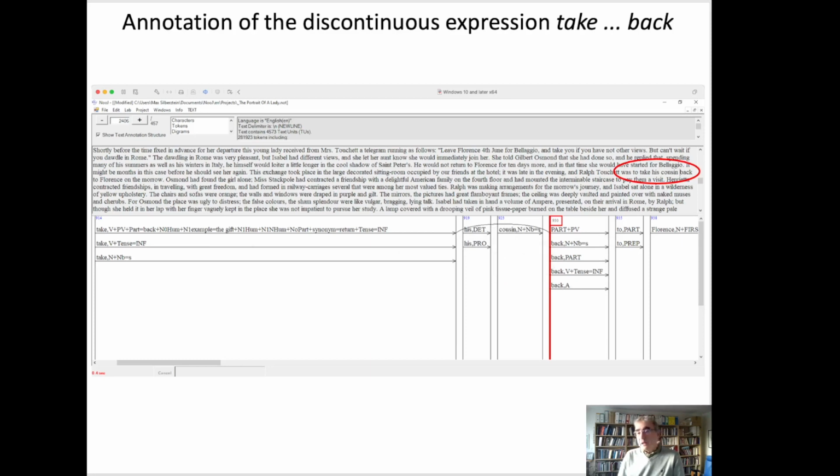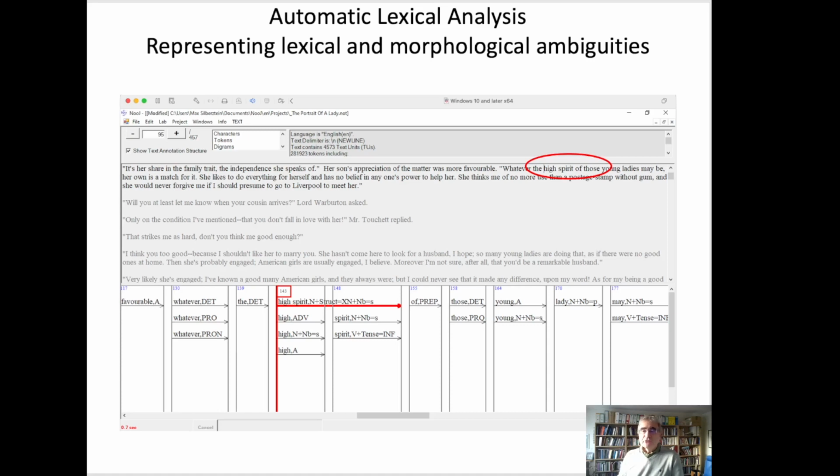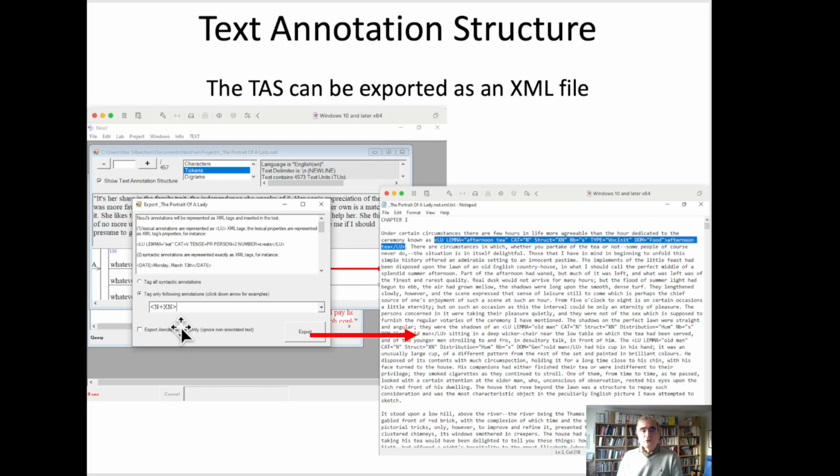So in terms of ambiguity, we already saw that when you have a multi-word unit, such as high spirit, you're going to have multiple annotation hypotheses in parallel. So either high spirit is a noun, or high is an adverb, a noun or an adjective, followed by spirit, which could be a noun or a verb. So when NooJ has worked on a text, it has added and removed annotations from the task, and then you